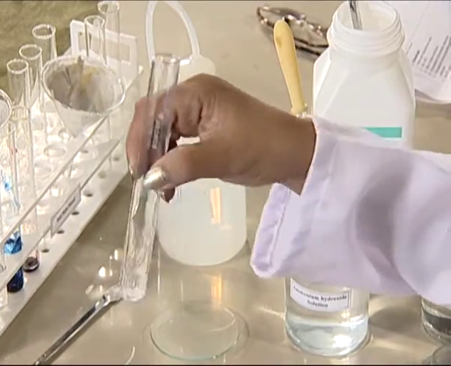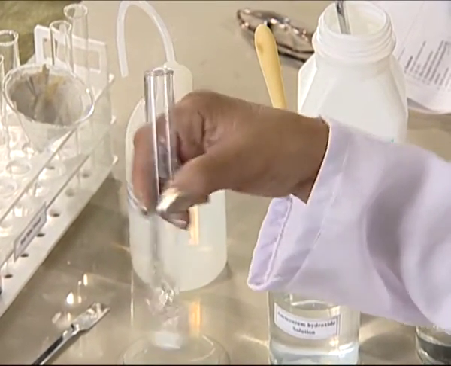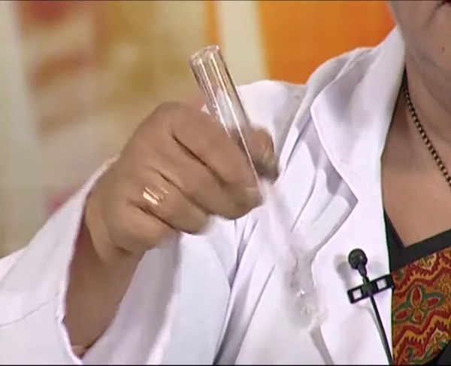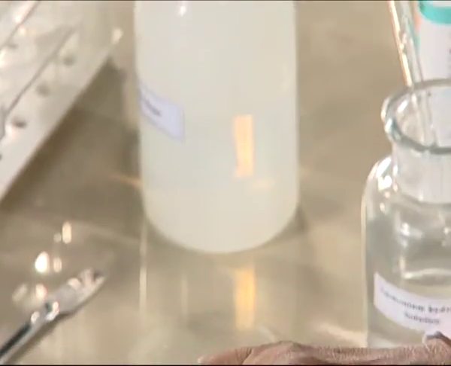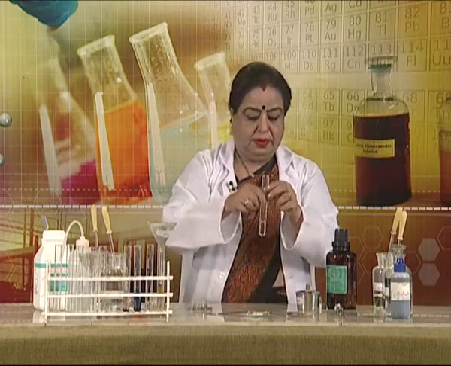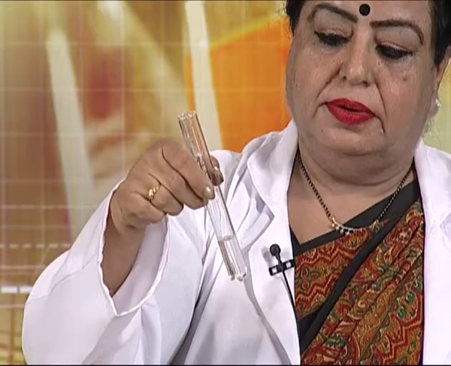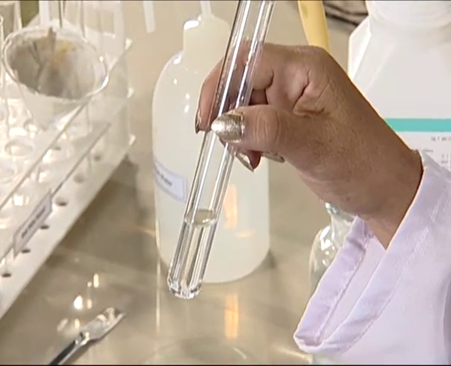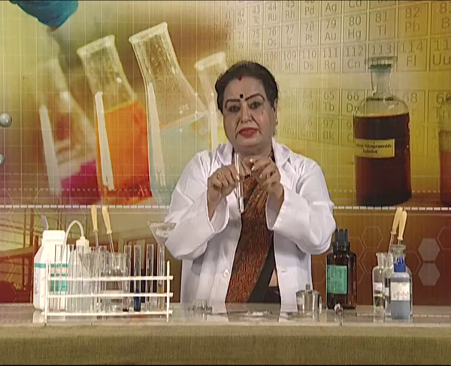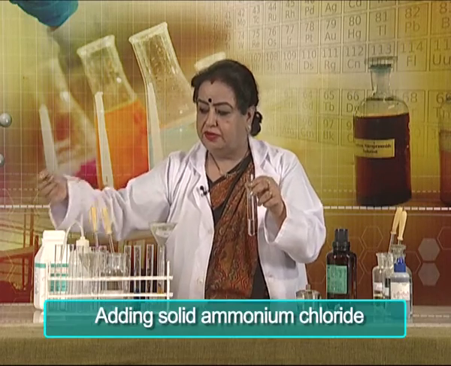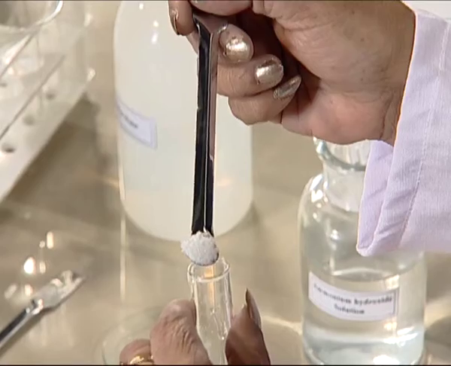I will shake a little more to get a clear solution, and then add a little more water, because I can still see some salt at the bottom, 1 or 2 drops like this. Now, a clear solution has been obtained, and again we will now add the group reagent to this solution. What is that? Again ammonium chloride, from this bottle with the help of a spatula, solid ammonium chloride we are adding.